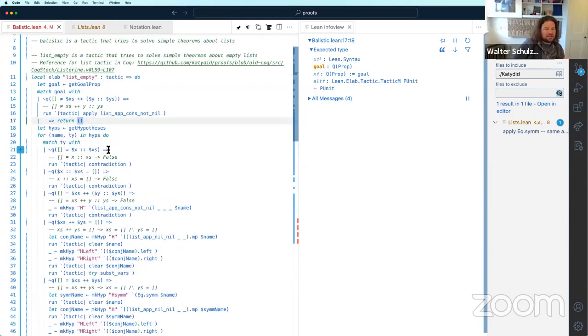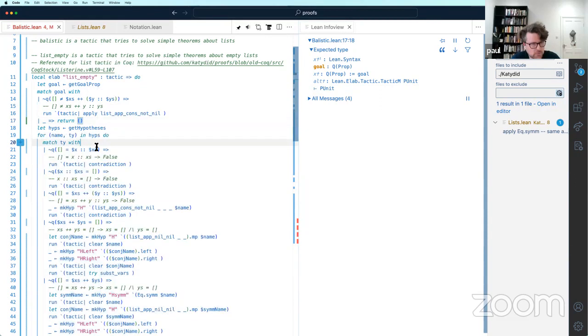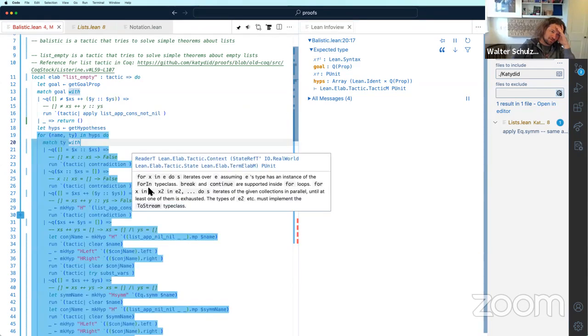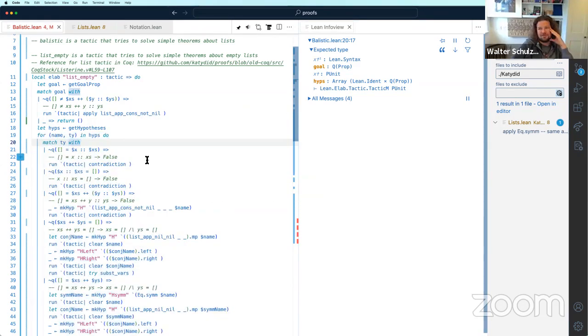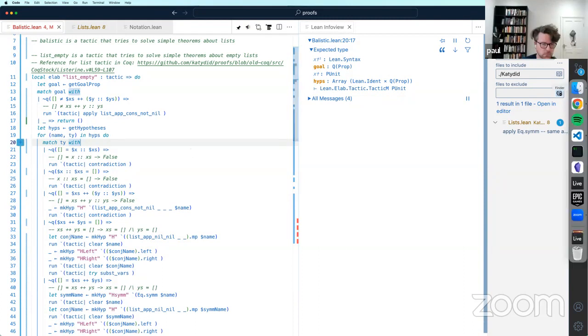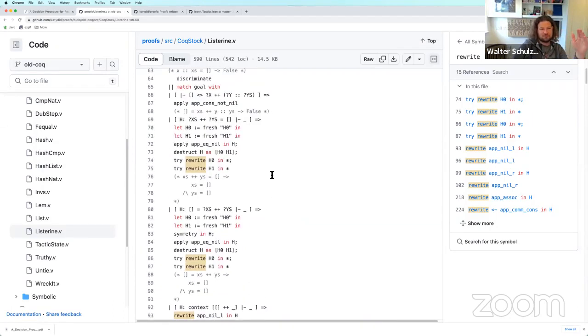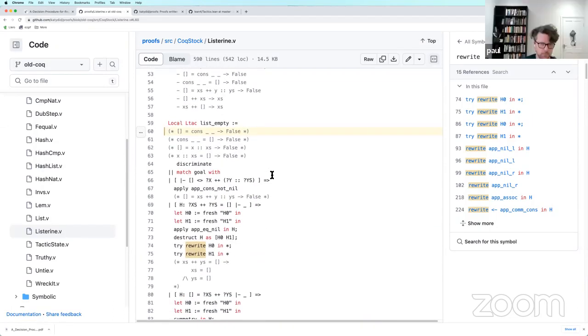Okay, currently it's going to execute one thing per goal and one thing per hypothesis, which is different than this logic, which executes the first thing and then you can repeat if you want.